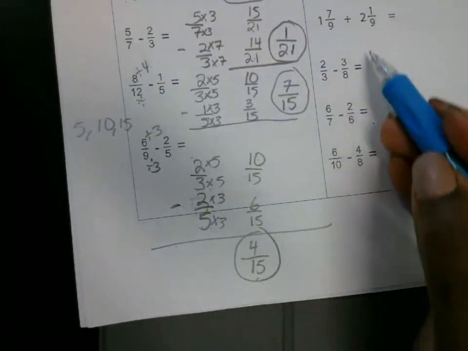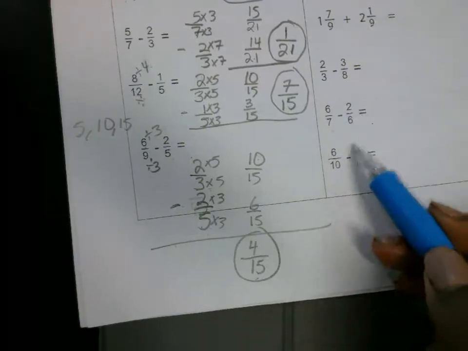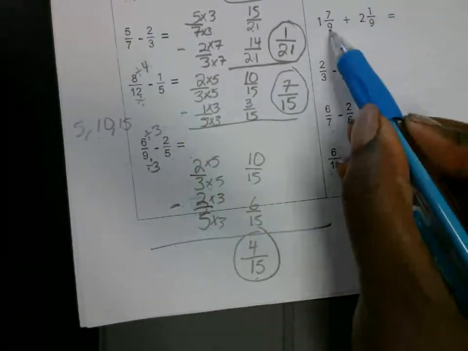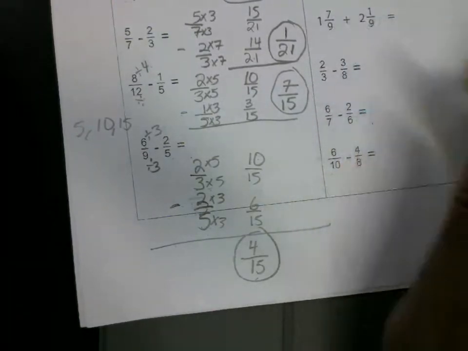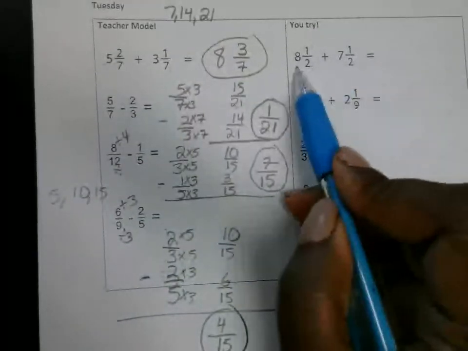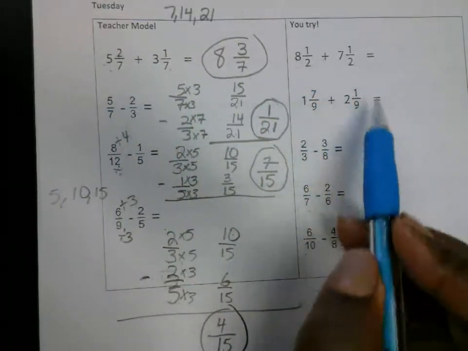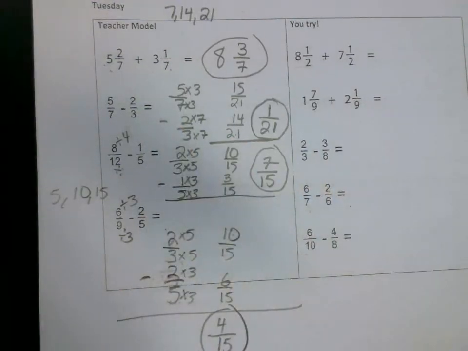Okay, so you're going to do that for these. You got to find common denominators. You don't have to find common denominators here. You're going to do these 2 problems like I did this first one. Okay? All right,